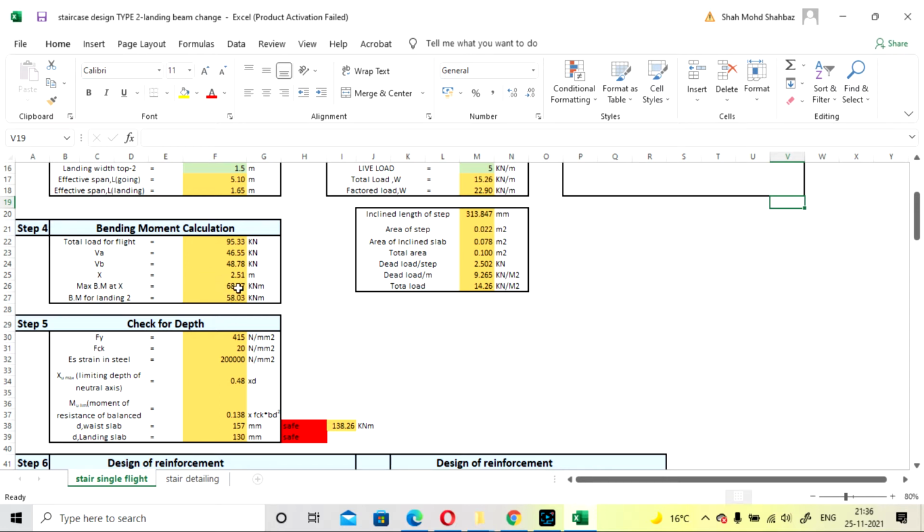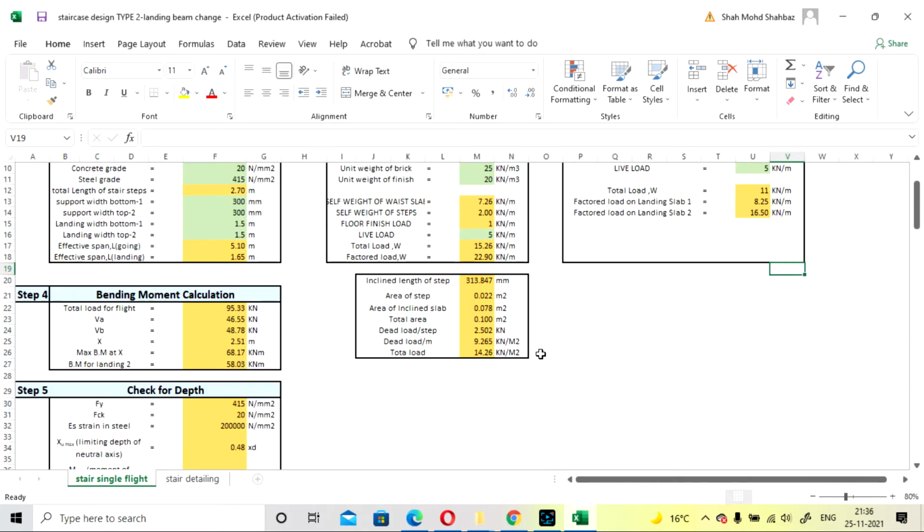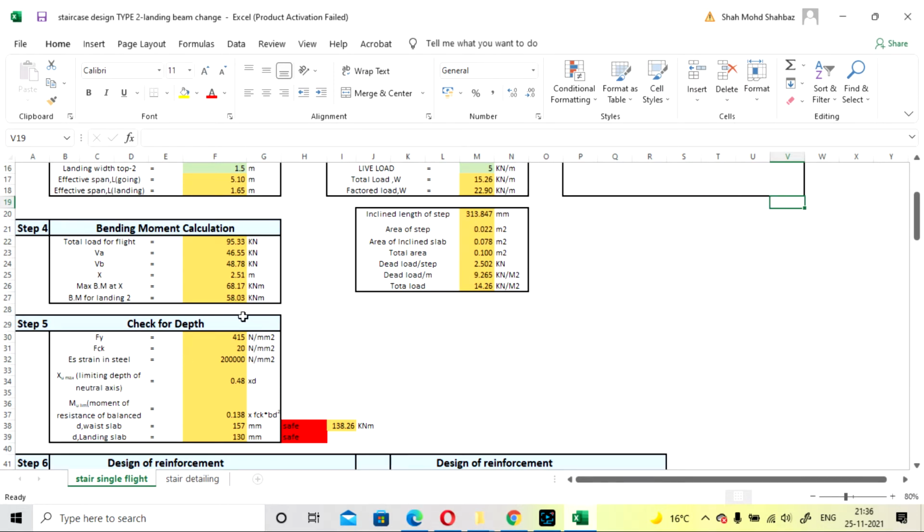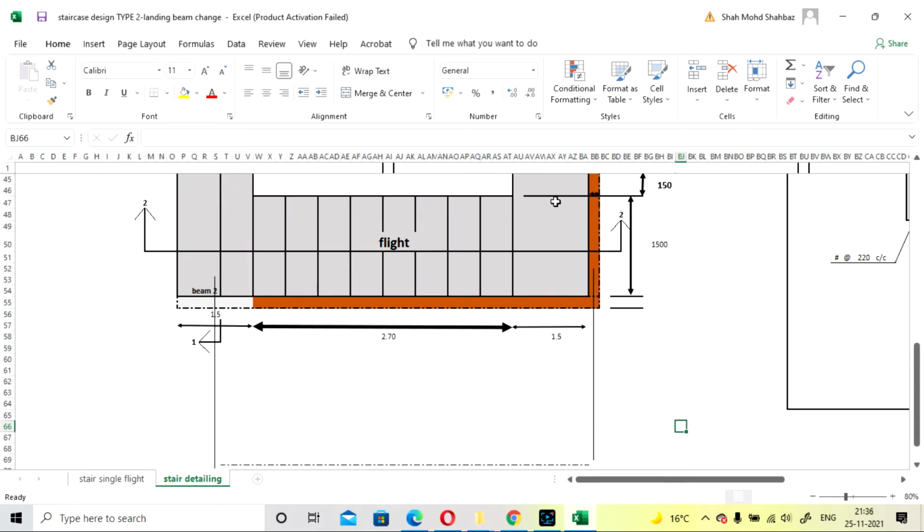It is calculated as 2.51. So maximum bending moment at x will be calculated as 68.17, at x meaning 2.51. And bending moment for landing 2 will be calculated as 58.03. So this will be landing 2.